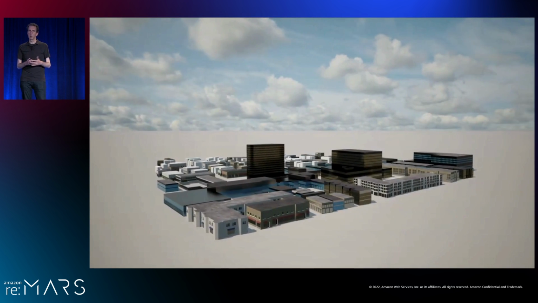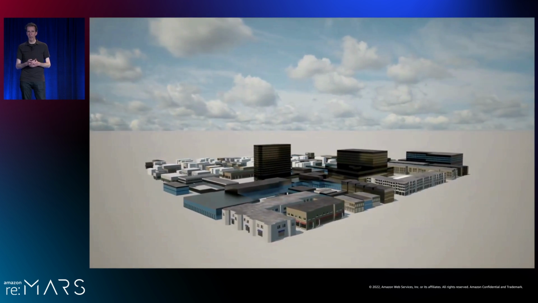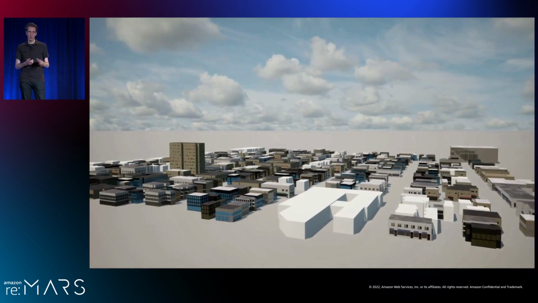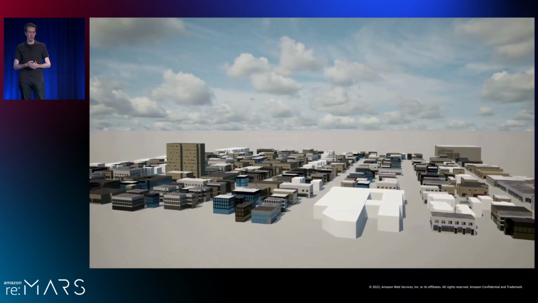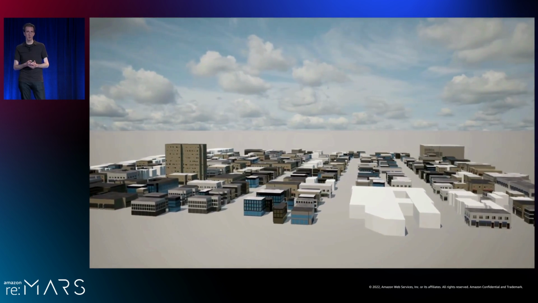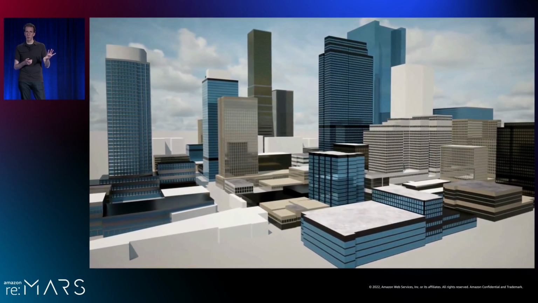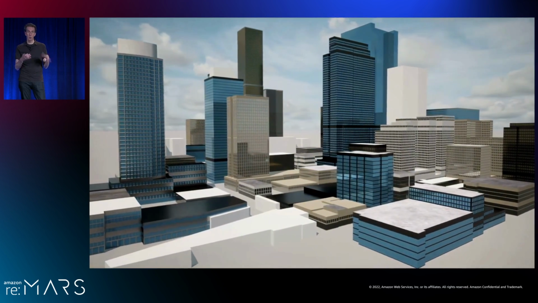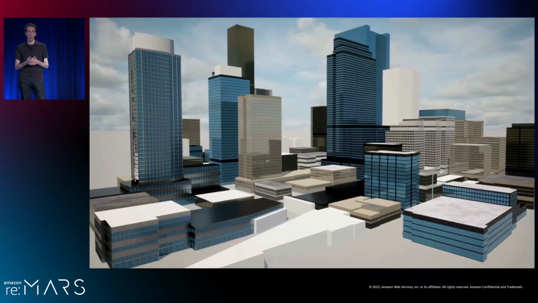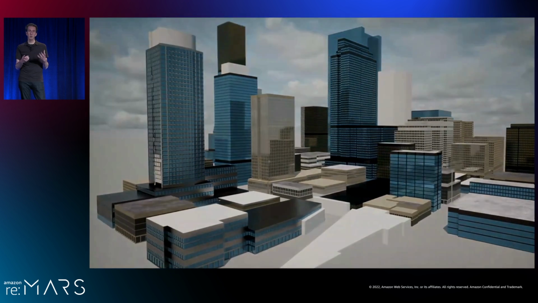Here are just a few examples of the types of output you can expect from the Ambit Building Generator, just to give you a sense what feeding different areas into it will result with. We've intentionally chosen sort of a simplistic visual aesthetic here. We're really anxious to hear from you what sorts of visual fidelity and visual detail is important to your simulations so that we can consider adding that to Ambit as well.